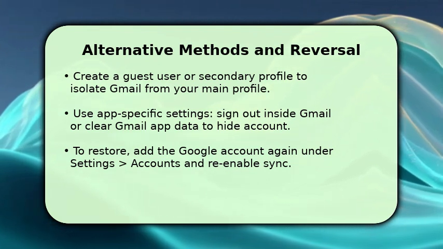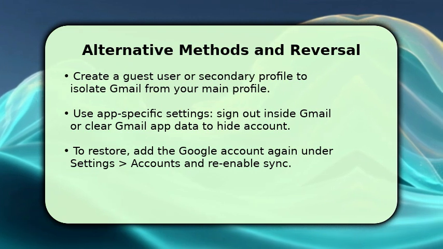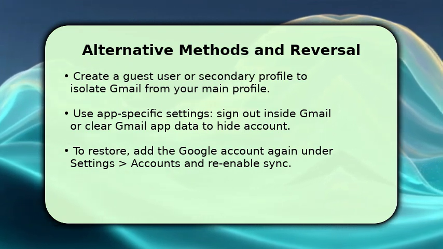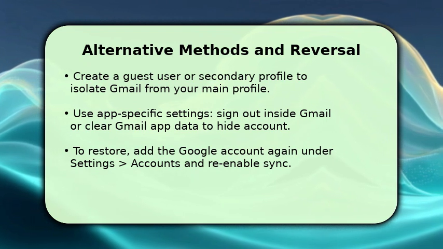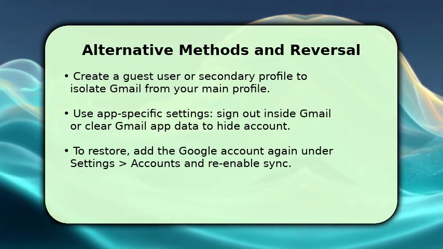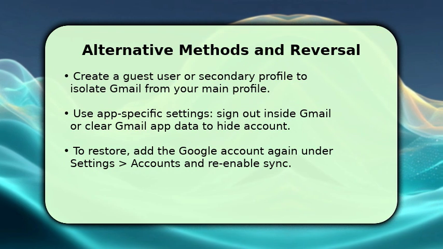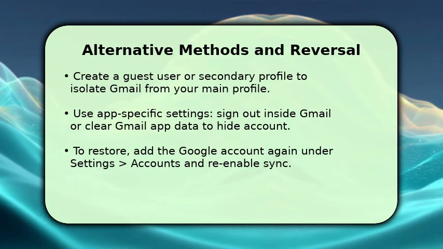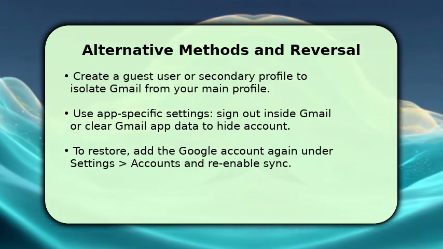You can also disable account notifications in Settings to prevent visibility on the lock screen. To restore, add the Google account again under Settings Accounts and re-enable sync for Mail, Contacts, and Calendar. Keep your password and two-step verification ready for quick